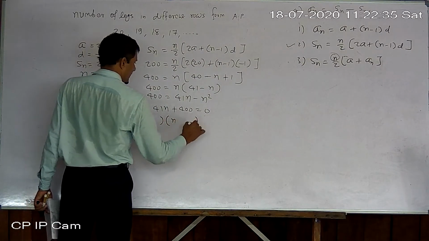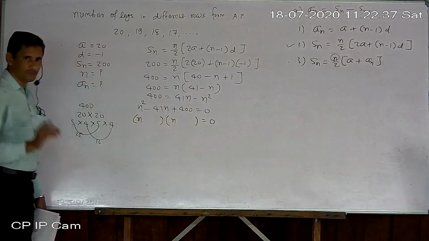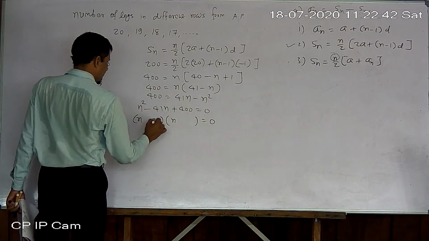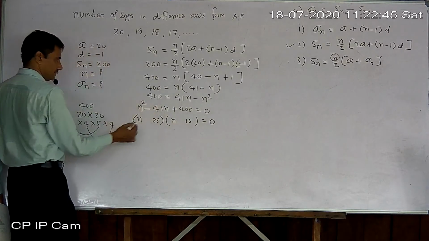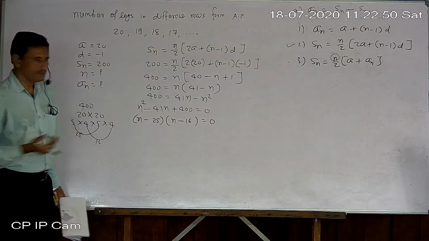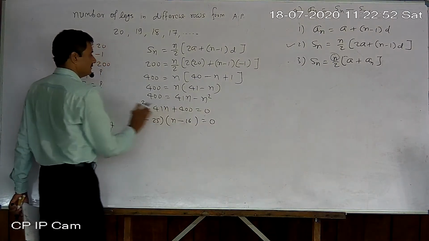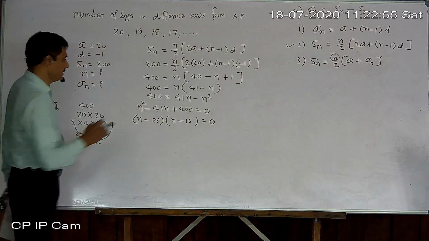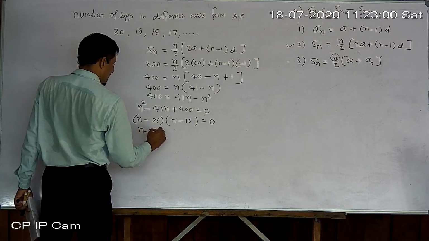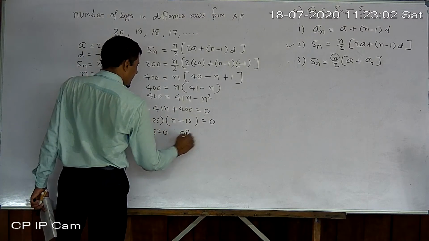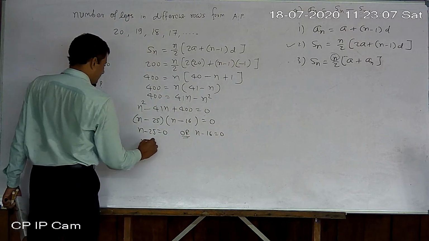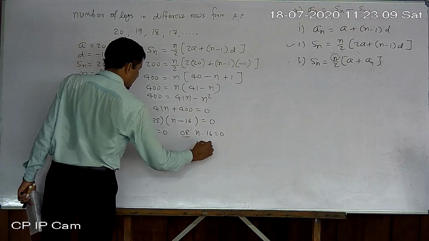Okay. So now just write how to write the factors directly. First of all, write the variable, x, y, whatever, n. Now write down both factors, 25, 16. What do we want? Minus 41. So obviously minus 25 minus 16 should be there. Both signs should be equal. Why? Addition means the same sign. So minus 25 minus 16 gives 41. So n minus 25 equal to 0 or n minus 16 equal to 0. Therefore n equals 25, n equals 16.